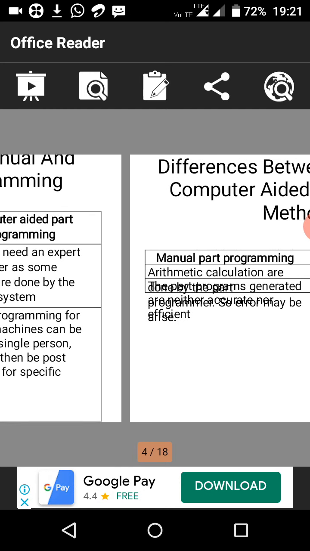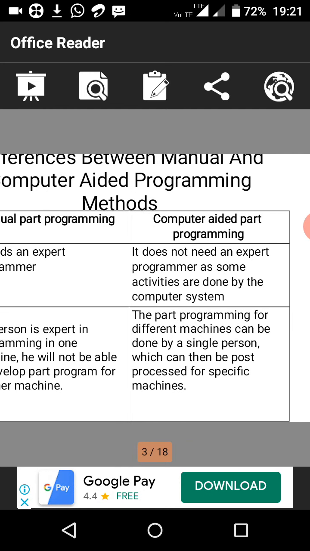Okay. Next, in computer aided part programming, programs are prepared by NC part programming languages like APT language, compact language, ITS, etc. So these are different types of languages. We studied yesterday APT, Automatically Programmed Tool. In NC machines mostly we use this language to write the program in computer aided part programming, whereas in manual part programming we write with G codes and M codes.